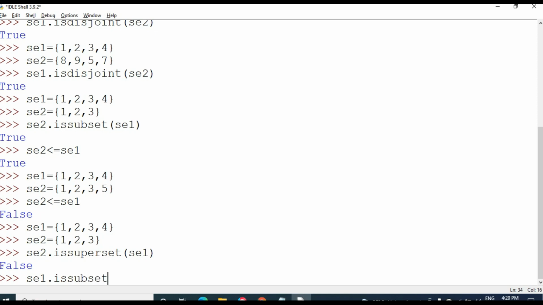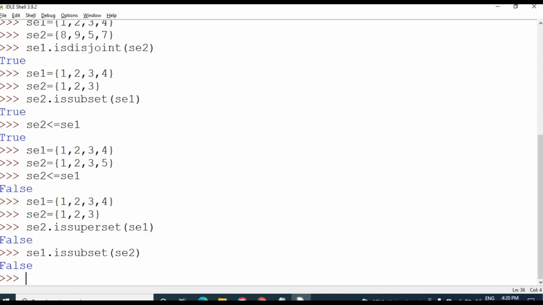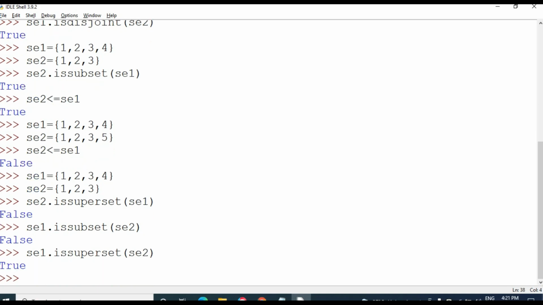Then set 1 is subset of set 2. Now it's not subset, okay, it's superset. Now it returns true.